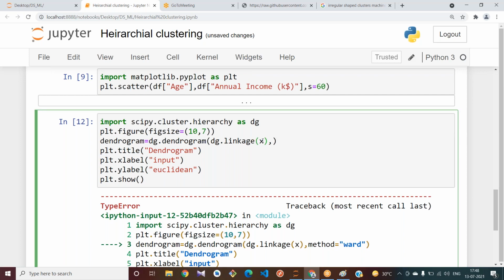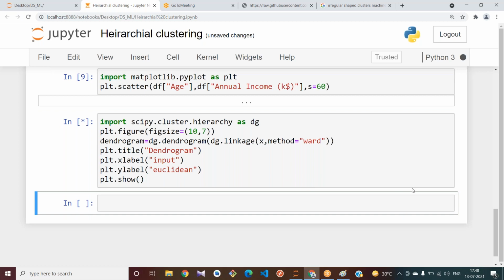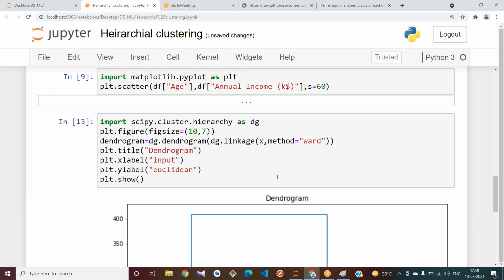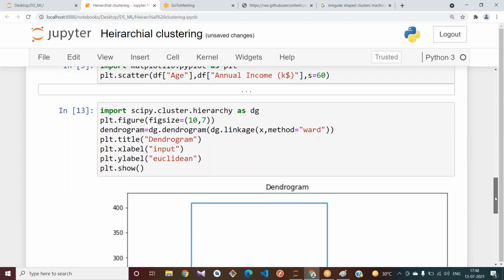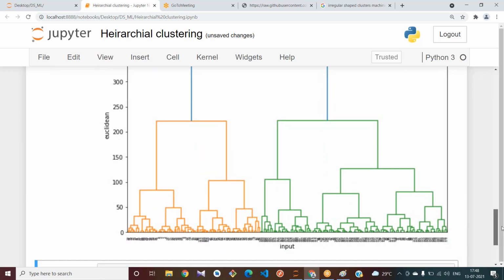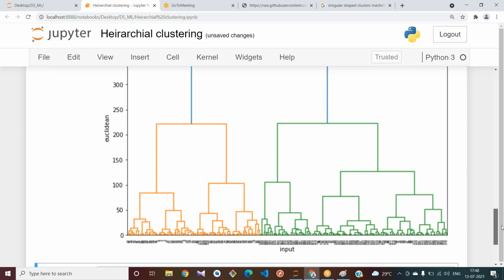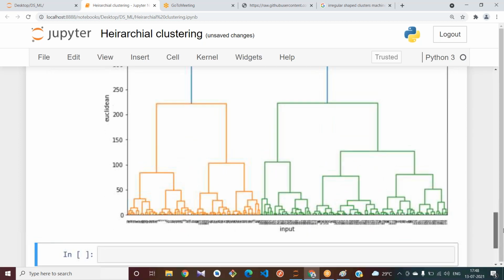It is an attribute in linkage. Let me use the word method so that your diagram will get reduced, so that it is good to explain how we choose the value of k. Now it is good to see this dendrogram.